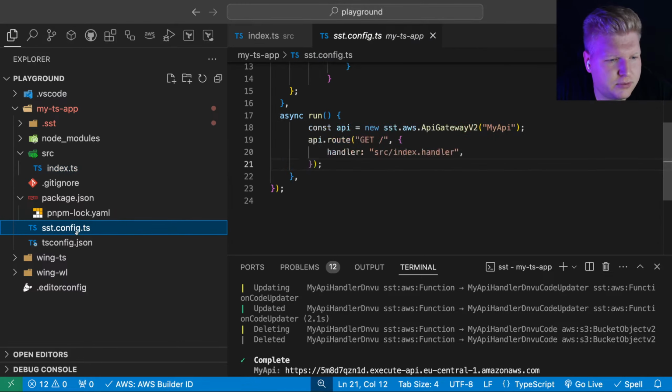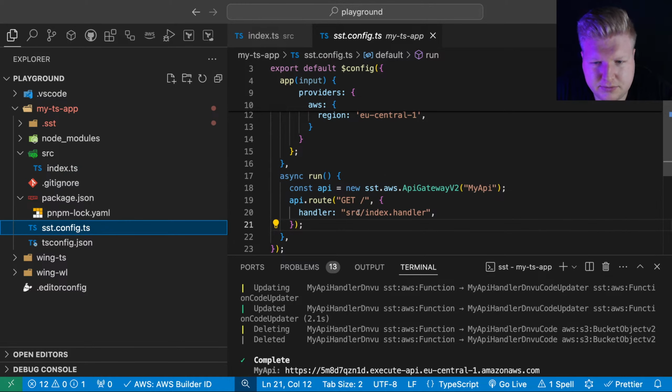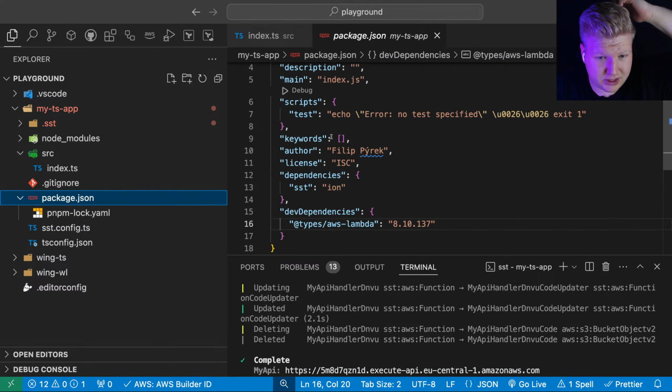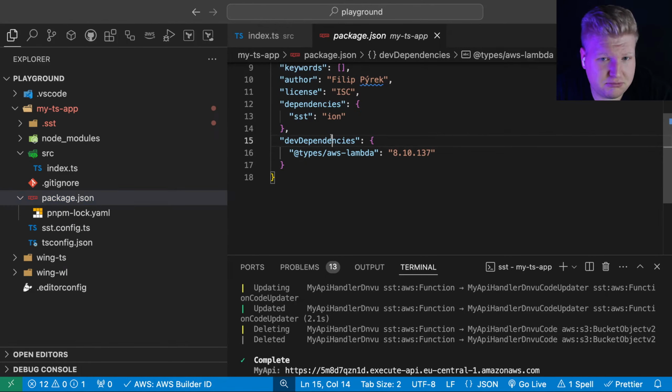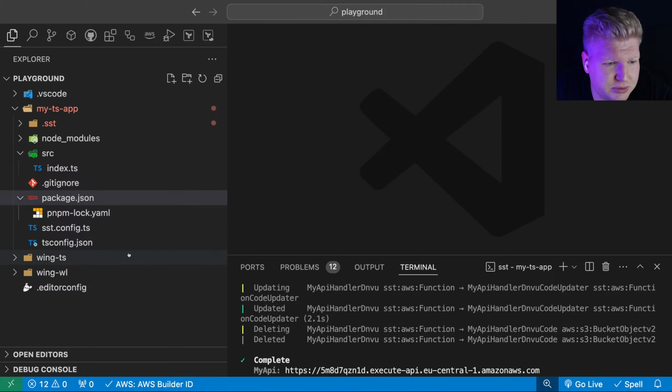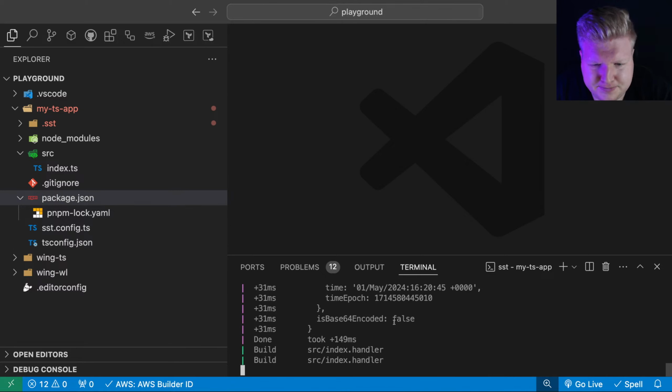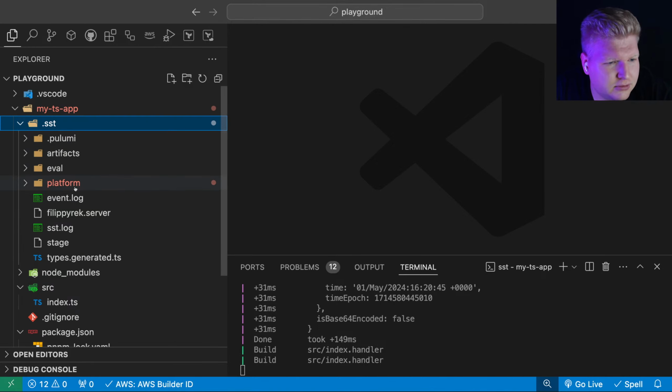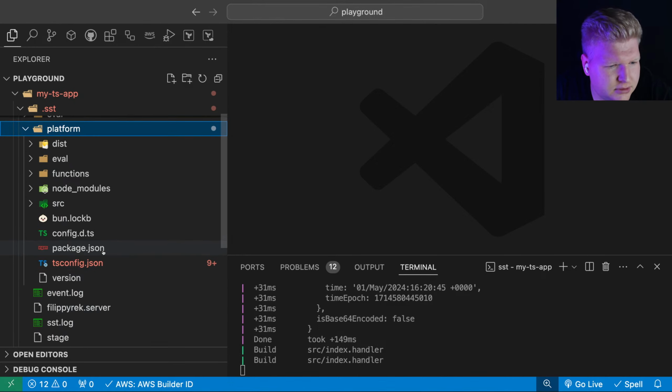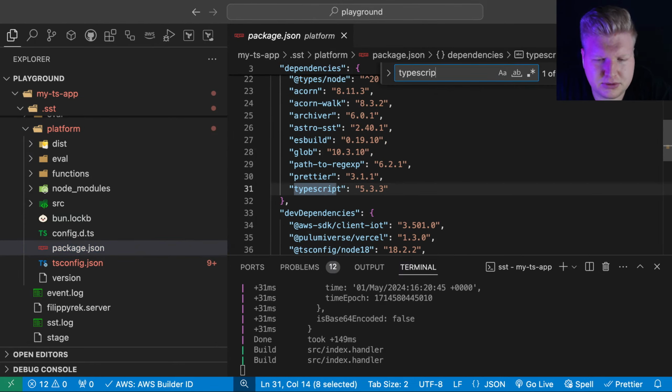So yeah, so what do we have? We have our SST config where we define these constructs. We don't even really have TypeScript here defined, but it somehow works, which scares me a bit. But yeah, let's say whatever. Okay. Or do they have their own TypeScript version here? Like TypeScript, yeah.